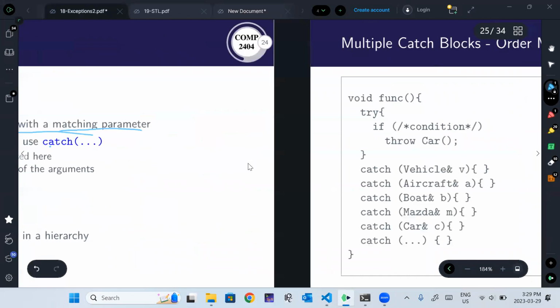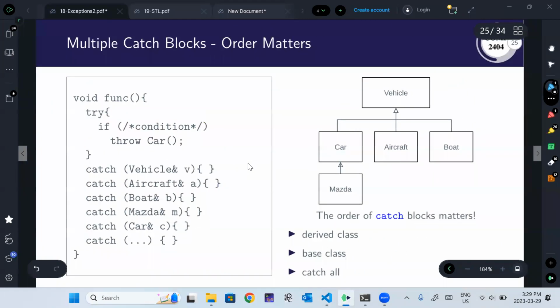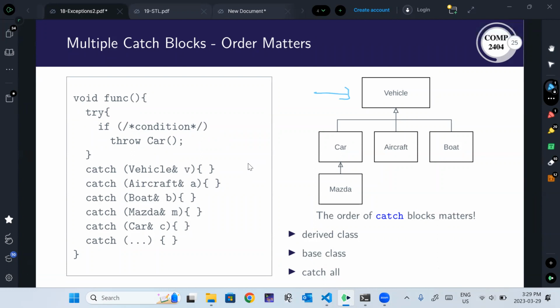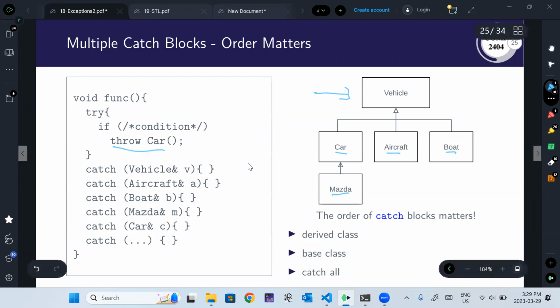Okay, so the order of the catch blocks matters. And here we sort of demonstrate. So if we have a class hierarchy where the base class is a vehicle, and then a car is a type of vehicle, and an aircraft is a type of vehicle, a boat is a type of vehicle, and a Mazda is a type of car. And we have a try block where we throw a car, and then we have all of these catch blocks.